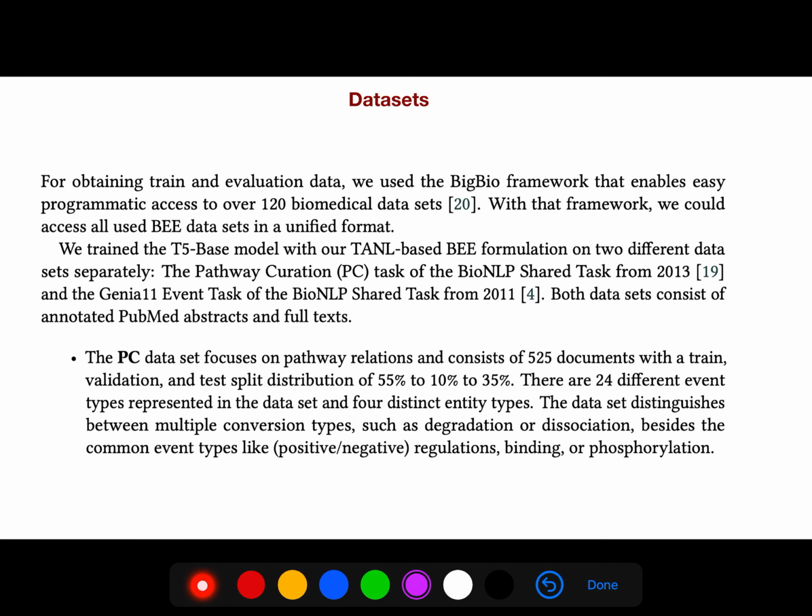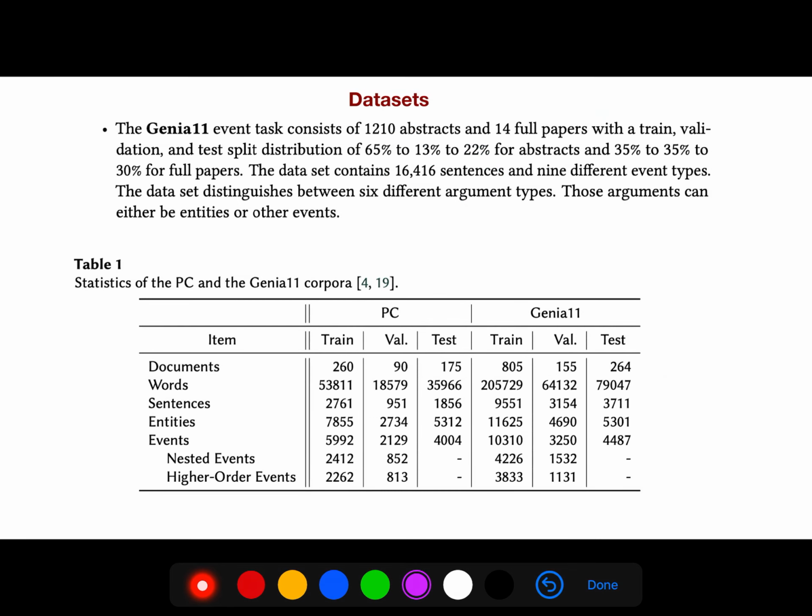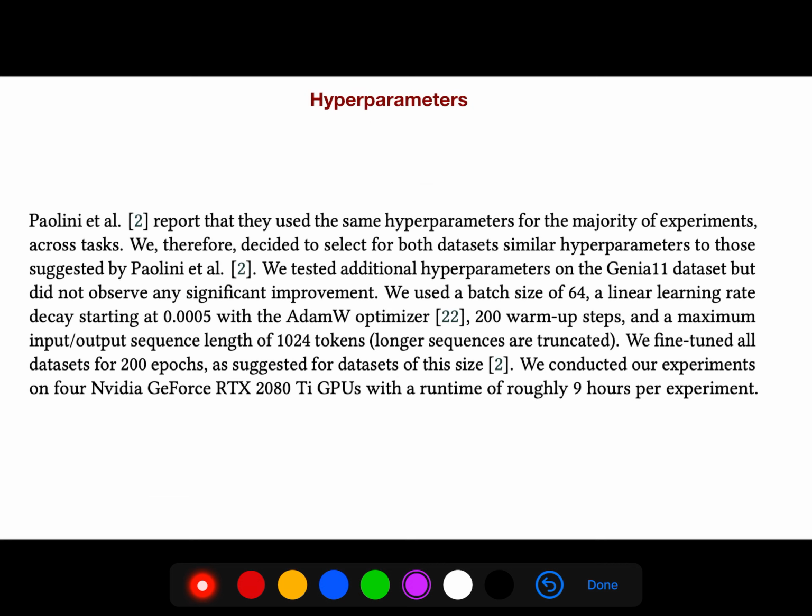And for obtaining the datasets we use the BigBio framework, because it enables easy programmatic access to over 120 biomedical datasets. With that framework, we could access all used BE datasets in a unified format. So this is very important. If you want to do event extraction on biomedical text, why not use this framework? And so this is the Genia dataset, and